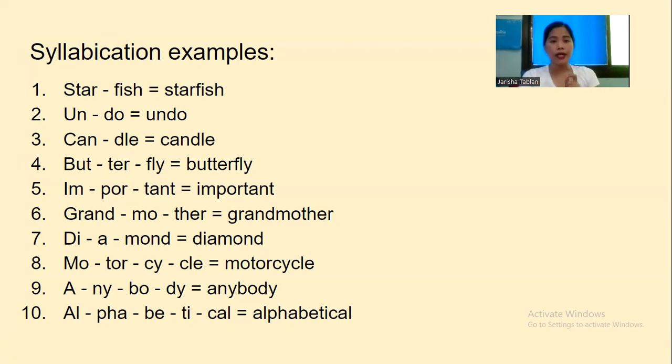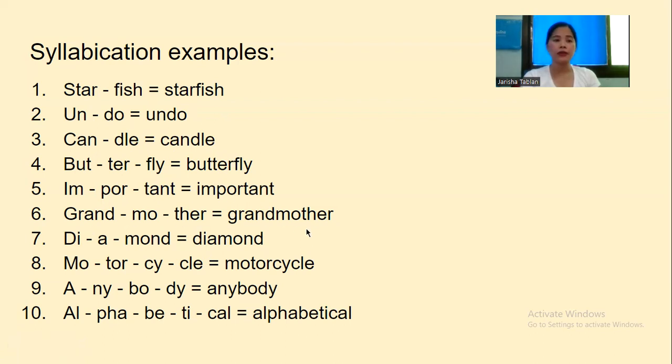Syllabication is important for you to be able to read the word correctly. Okay, this is very important. So when you read a word, you are going to syllabize it first for you to know how to read it. Now again, starfish, undo, candle, butterfly, important,